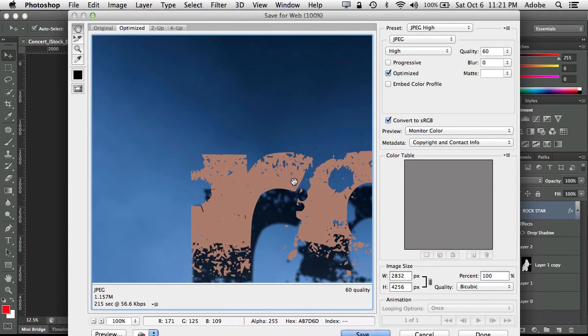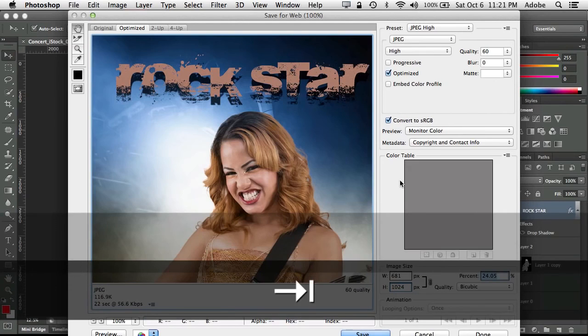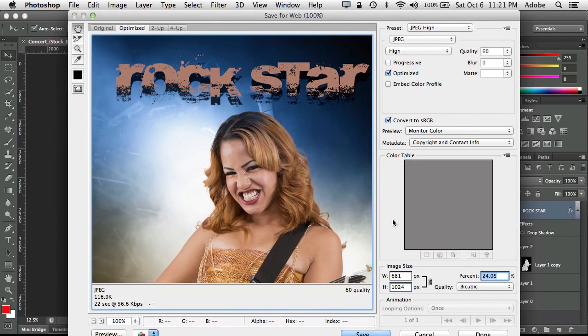When we choose Save for Web, that will bring up the Save for Web dialog box where you can give it a better size because it's too big. So you can bring it down to whatever size your website says it has to be, at least smaller than that. 1024 is a good web size. You can make it even smaller. So let's say, for example, you wanted to make it